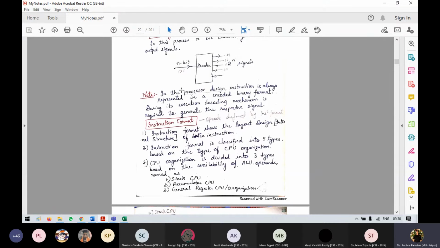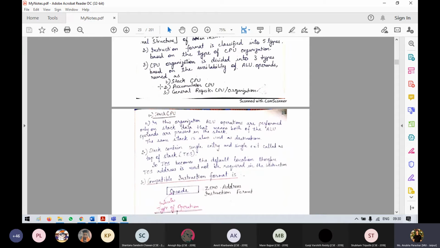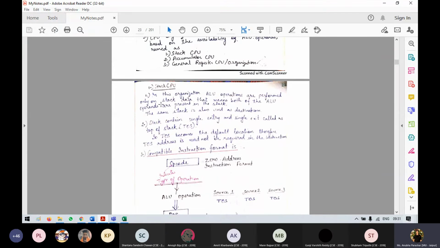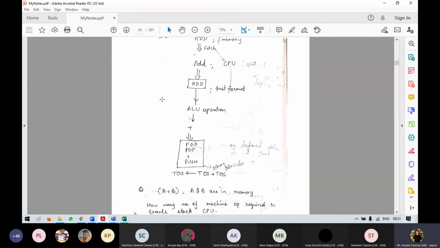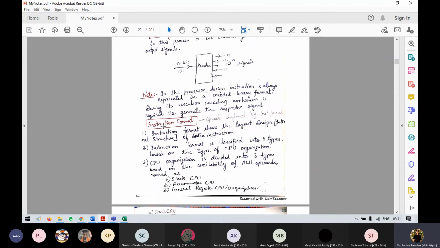This is what I have explained here. Next is the instruction format. Once you understand this format, we'll be covering all of this, one is these 2 points and one is these 3, 1, 2, 3, and then we'll be done.